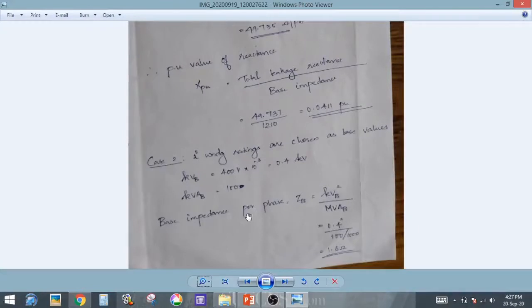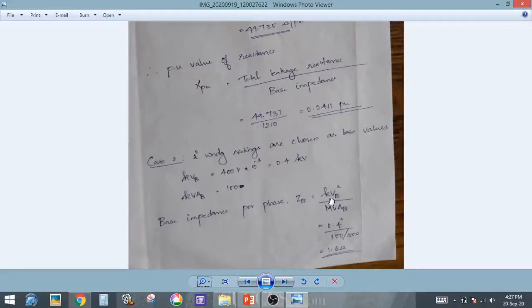So our question is to calculate the per unit reactance of the transformer, and this is enough, but we also have to show that the per unit reactance will be the same whether it is referred to primary or to secondary. So that's why I am taking the second case also, otherwise it is okay. In case 2, the question does not mention it, but it is just to show that it is the same for both cases. From the examination point of view, we have to consider any one case, either case 1 or case 2.